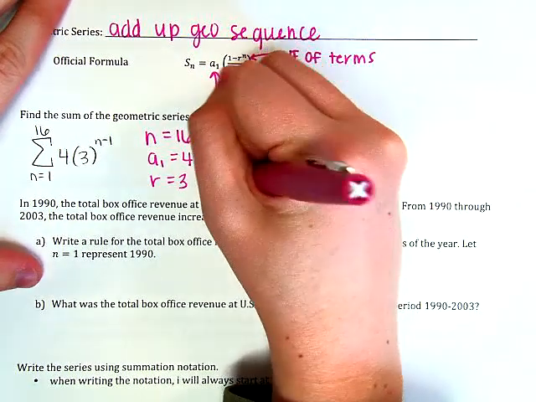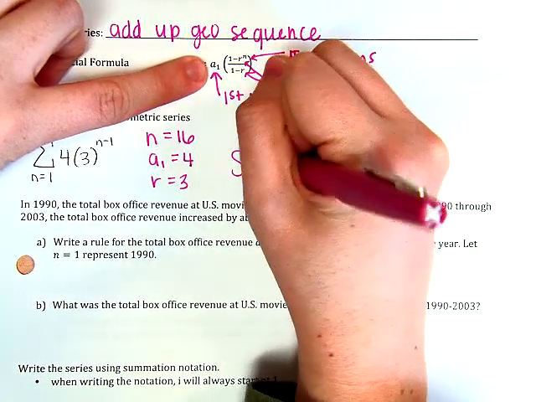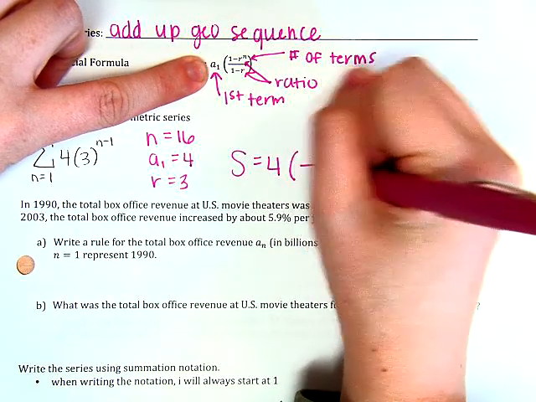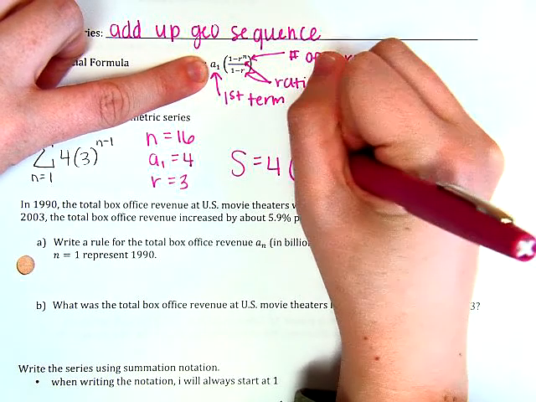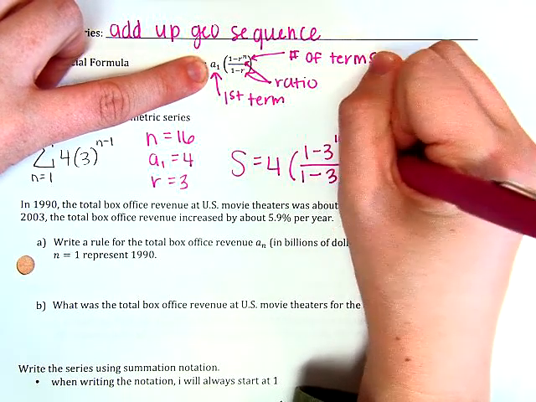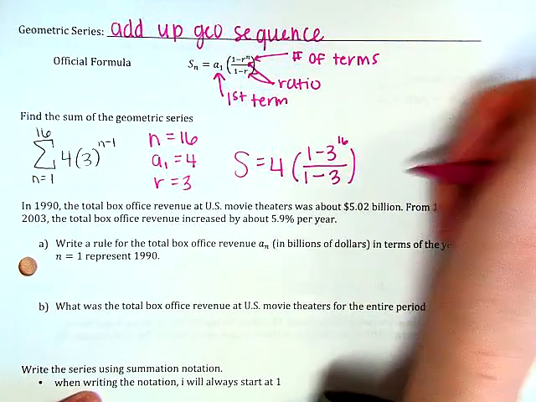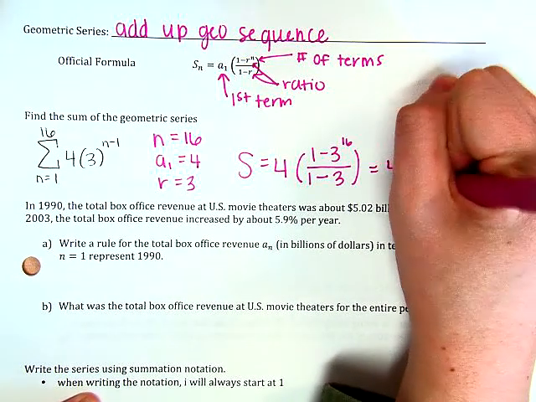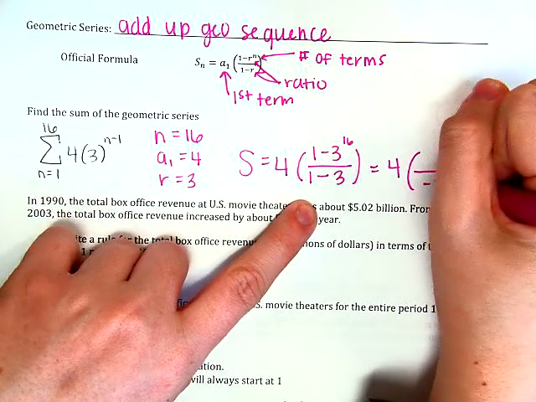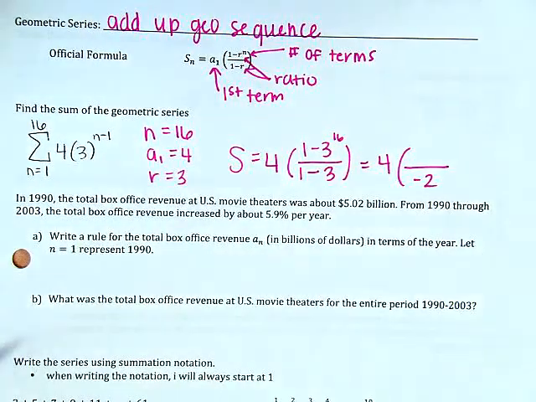So now let's do this. Sum equals my first term, 4, parenthesis, and then I got 1 minus my ratio, 1 minus my ratio to the power of how many I'm adding up. And this is where it gets tricky. So we got 4 parentheses. I know 1 minus 3 is negative 2. And then for the top here,